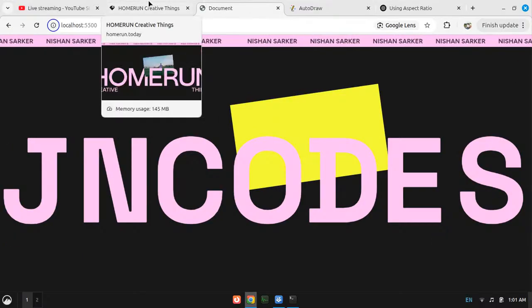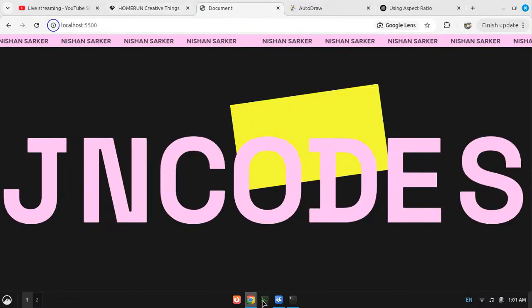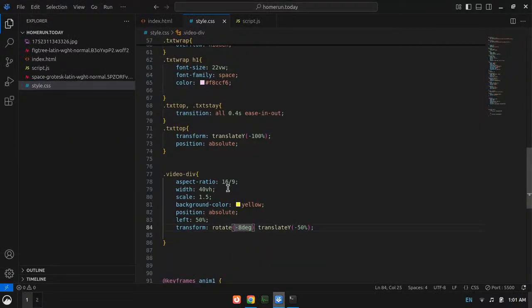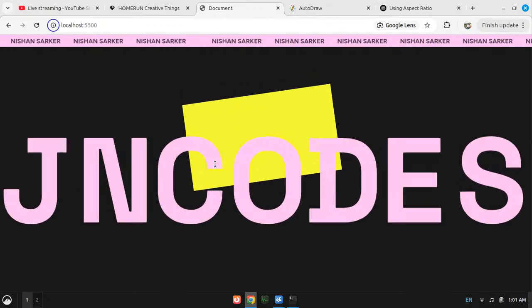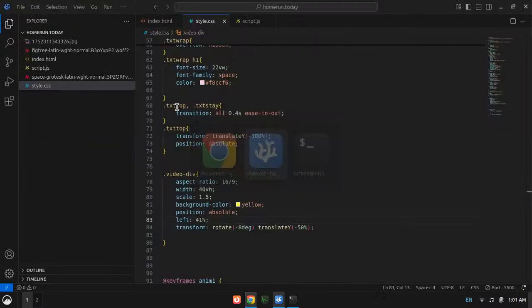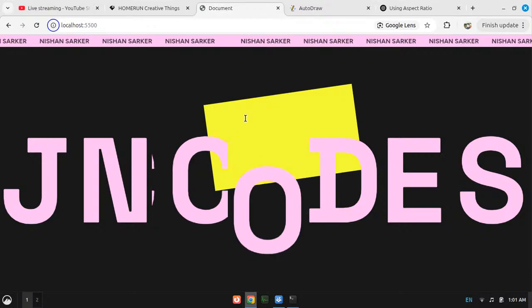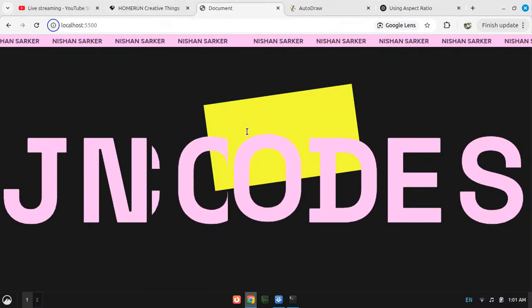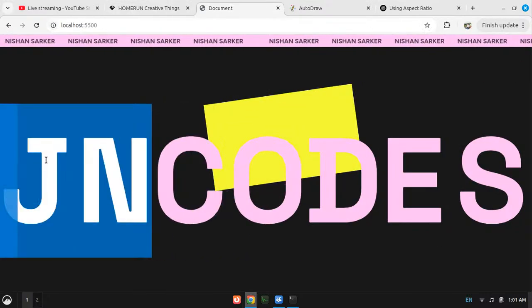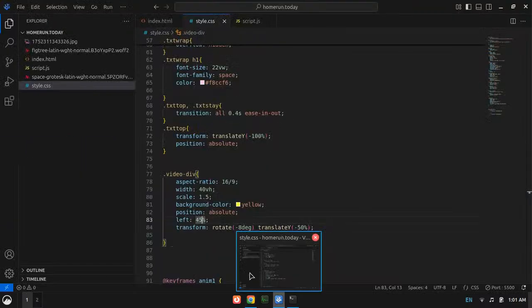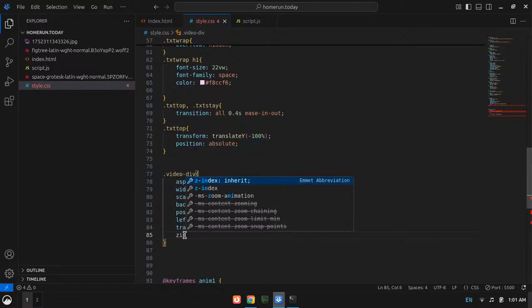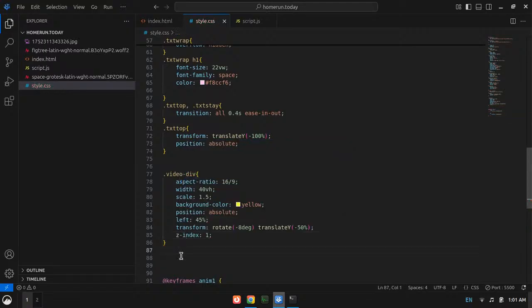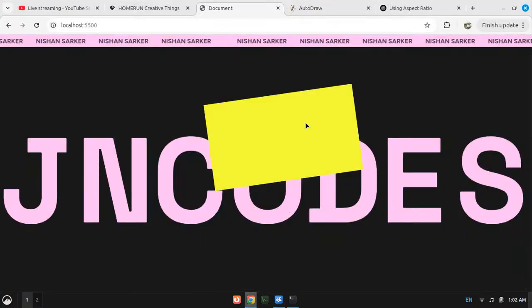But what I need to do is give it a little more space on this side, so that it overlaps the C, but not that much, maybe 45%. Yeah, that would be okay. Now I need to set these three things' z-index to 0, and its z-index to 1. Then I need to see the code here.